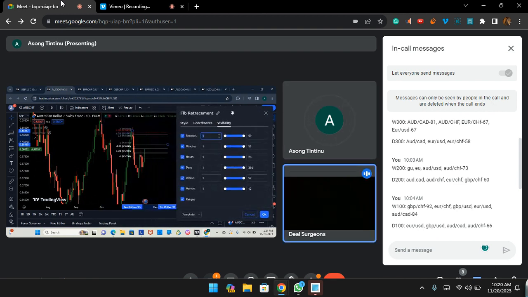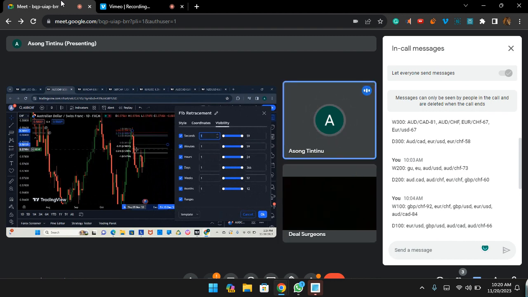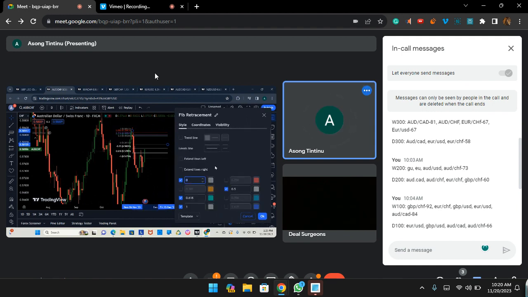Okay, so this is how to pull up the settings for Fibonacci style. Click on style. Yeah, I'm on style. Okay, so the first one,